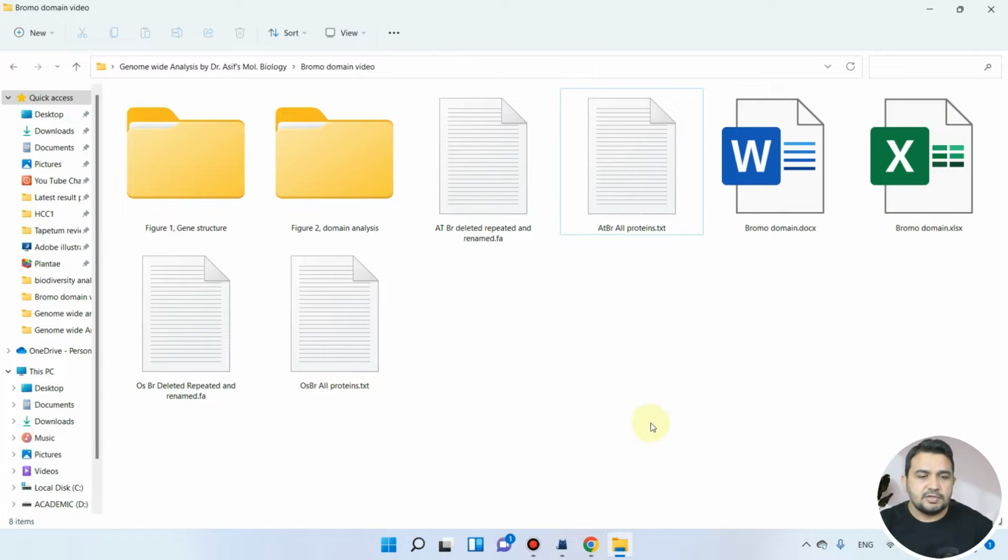As you know, in the previous video, we have already done figure 1 and figure 2, which were gene structure analysis and domain analysis. We have already downloaded proteins from the Arabidopsis genome and from the rice genome. Whenever we need to perform evolutionary analysis, we must have two sets of proteins. Here we have downloaded the bromodomain-containing family of proteins from the Arabidopsis genome, and this one we have downloaded from